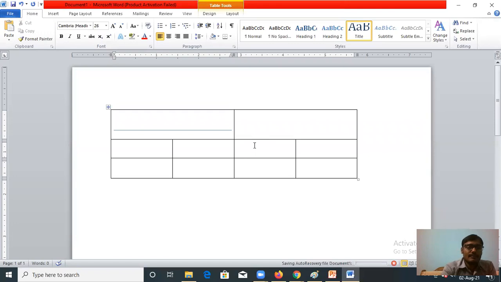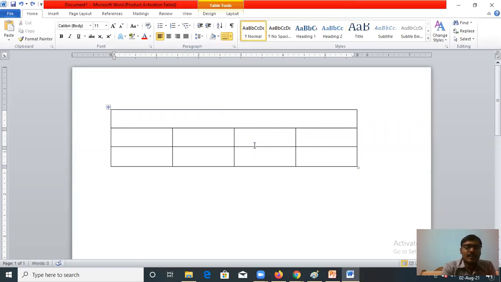Suppose I've opened this MS Word, and I've created this table. Now I have to create some data. Suppose I have written some numbers. This is the Hindi marks, suppose this is English marks, and suppose it is math marks.